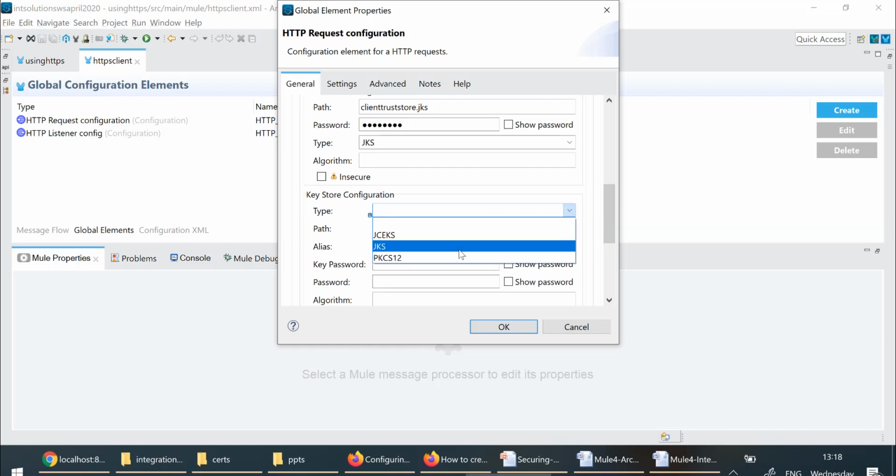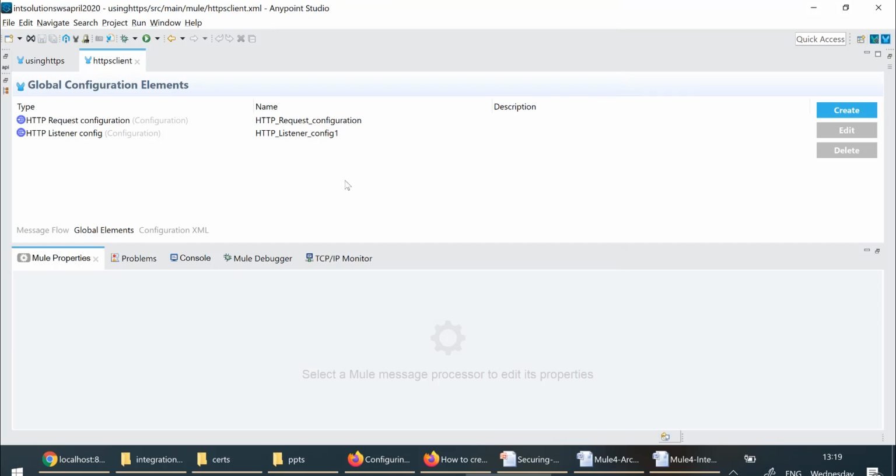So I'll select jks, path is client key store.jks, alias is client, password and password. So I gave the details,